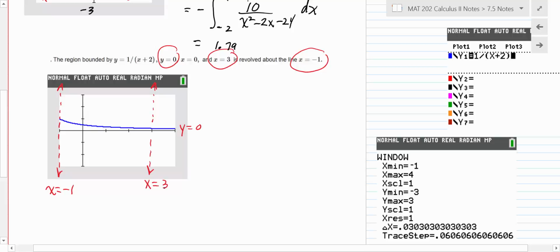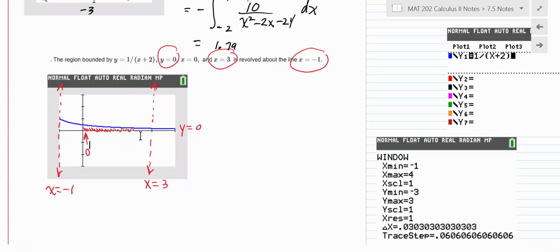Like that. And then what we're really doing is taking this region right here. We're taking this line. This is what we're doing, is this piece right here. We're looking at that region right there from 0 to 3, and we're revolving that thing around the line x equals -1. So that's what we're doing on that. So kind of imagine in your mind what's happening, and we'll talk about what method we want to